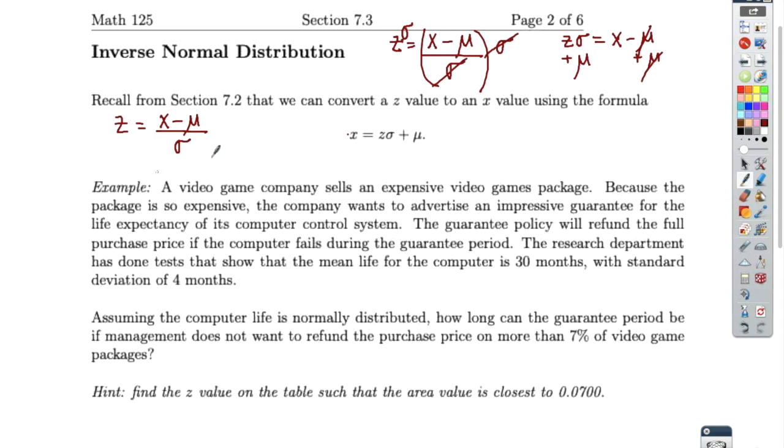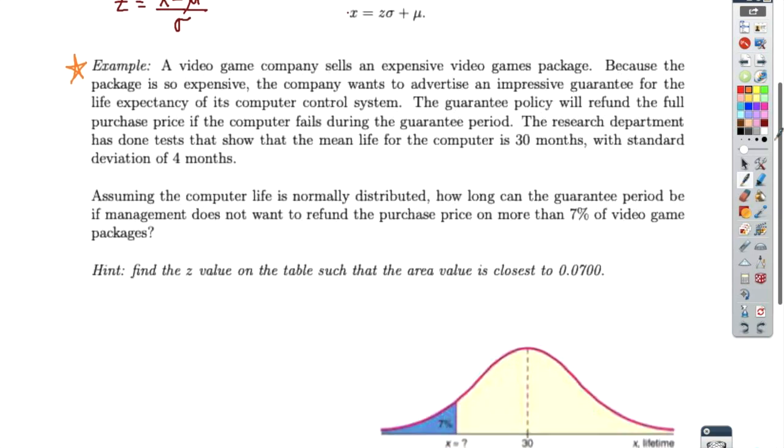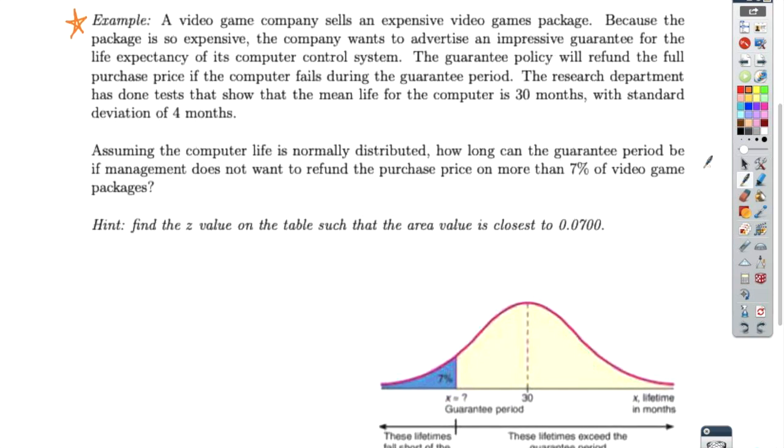So if you memorize this one, which you likely will, you can absolutely use this one also. Okay, so let's see an example of sort of doing this backwards. Let me just put a little star here. I really like this example, like say for an exam problem, I really like this problem. So for whatever that's worth, I suggest you know how to do this one in about 2 weeks for your